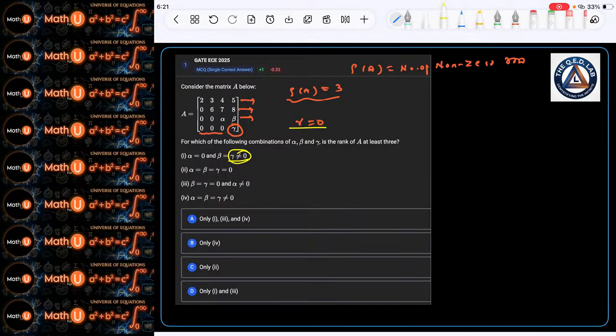Here gamma is not equal to 0 is given, eliminate this one. Here equal to 0 is there, here not equal to 0 is given, eliminate this one. The answer should be this or this. Okay,